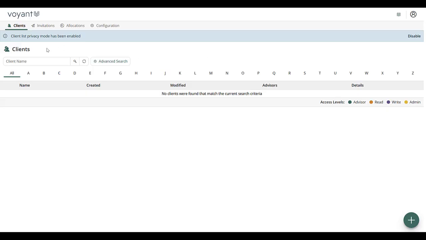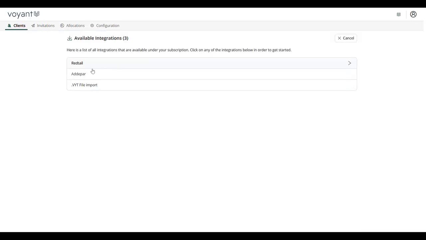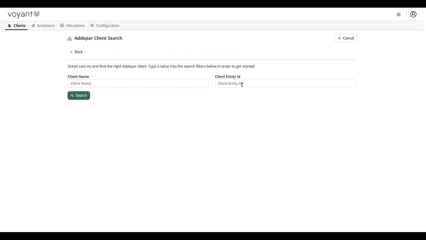Once it's been enabled, from your client list, you're going to go to your plus button in the bottom right-hand corner, and you'll now see an option to import clients. You're going to go to the Addepar Integration option. You can search by client entity ID or client name. It is important to note that if you search via their name, it needs to be entered exactly as it